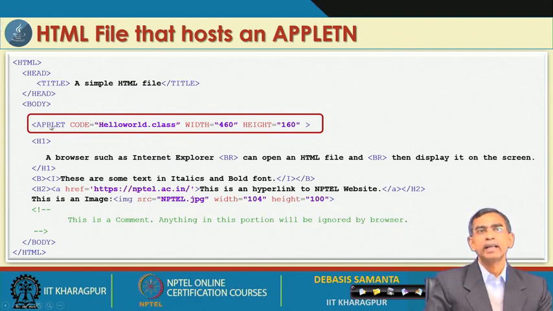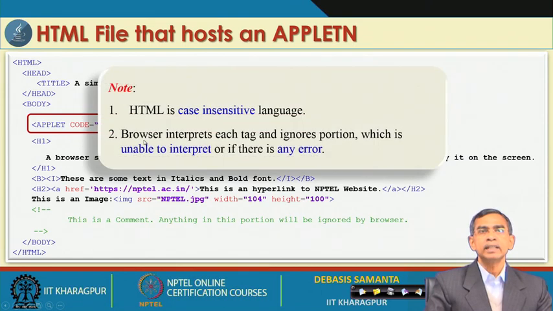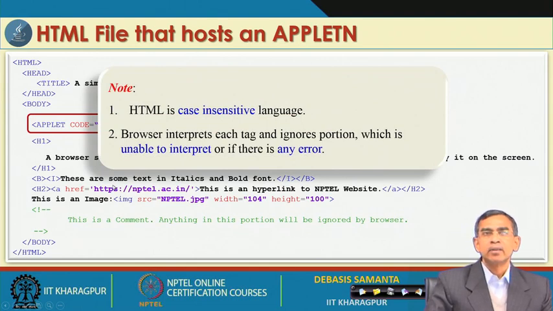The tag looks like applet, and this is the code that indicates which is the class file, the Java class compiled version of the Java applet program, and then this is basically width and height, that means it shows how much size the applet would take in the window that the browser will use to display your applet. So, these are the very nominal applet tag concepts that are there, and then you can use it. If you can do it, your browser can run your applet from the current machine.